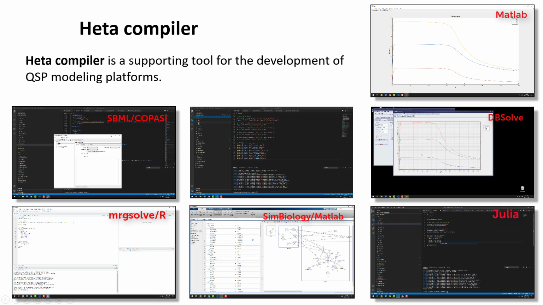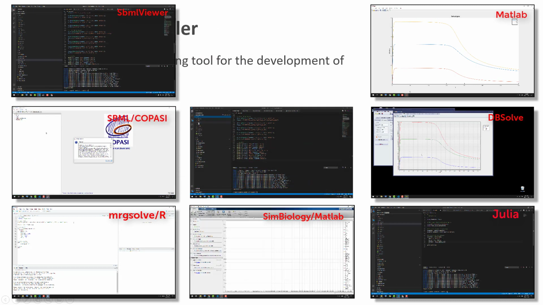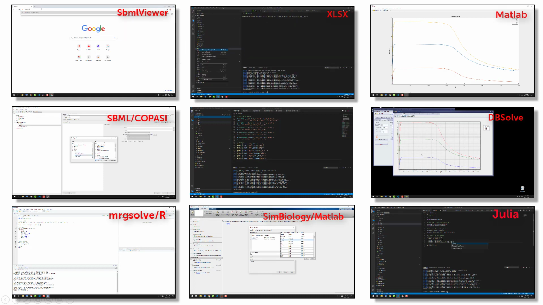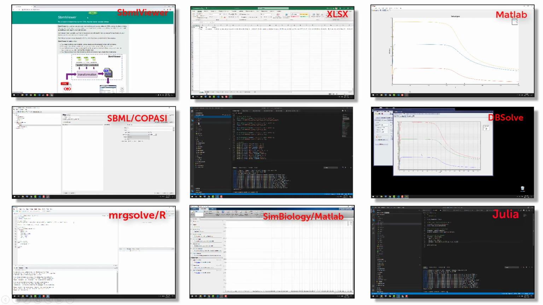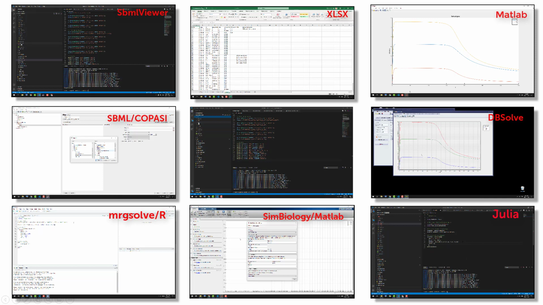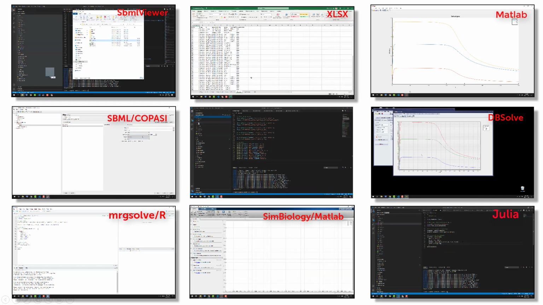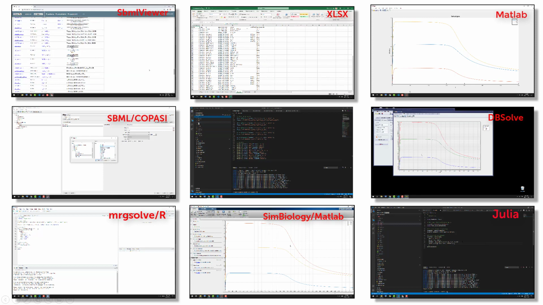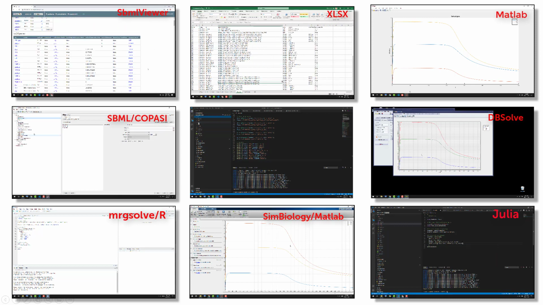Additionally, to the Heta modules, you can also include an external SBML file as a part of the platform. Heta compiler can be used as a framework for modeling projects. When you implement Heta into your workflow, you get the opportunity to work with models more effectively.